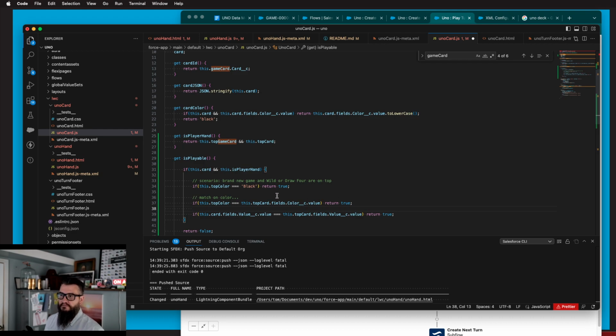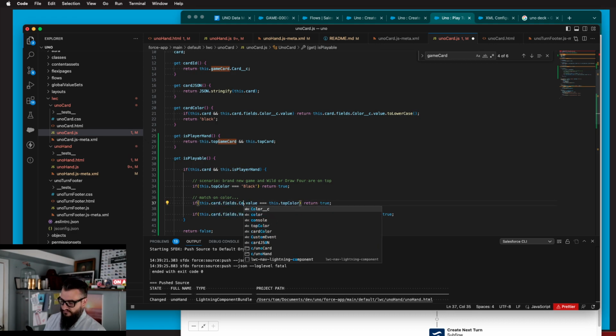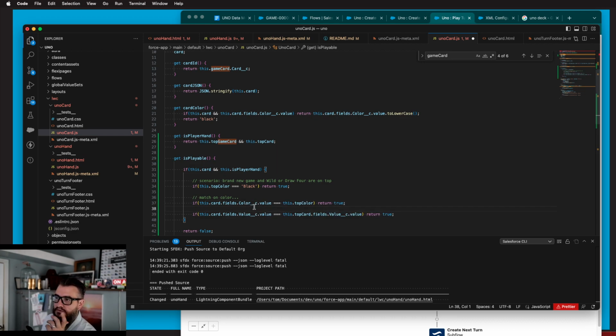Oh wait, did I do that? I think I did that backwards. If card, yeah, we still need all this. If this, we need this over here. Card.fields.dot. So if they match in color or they match in value,